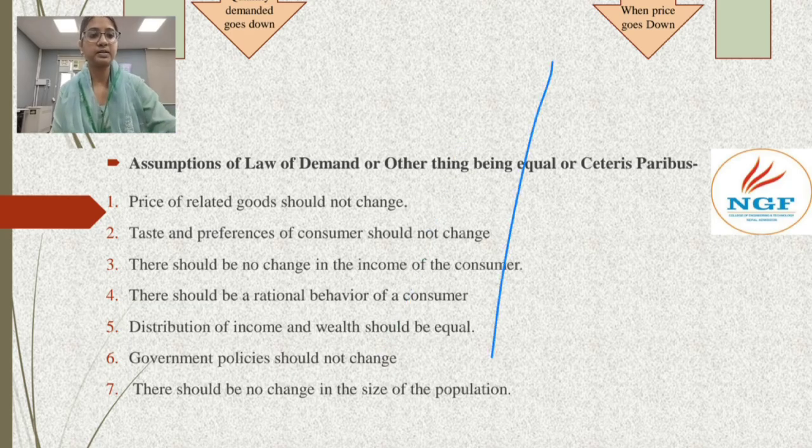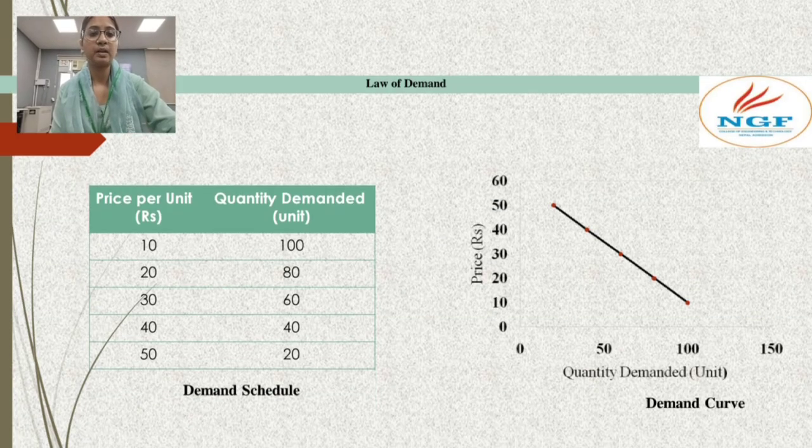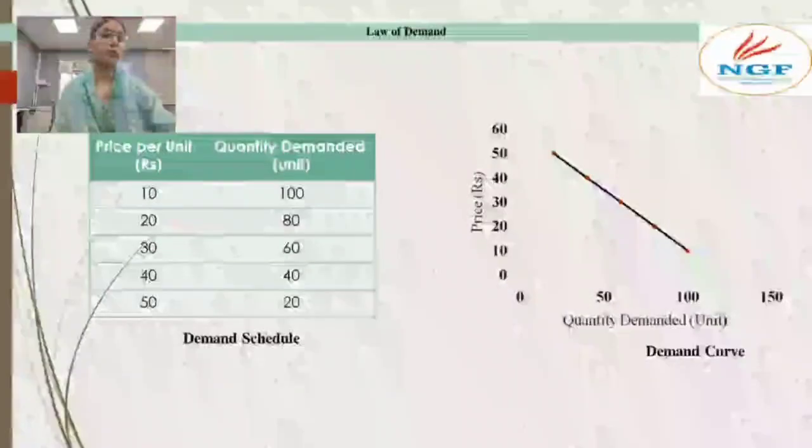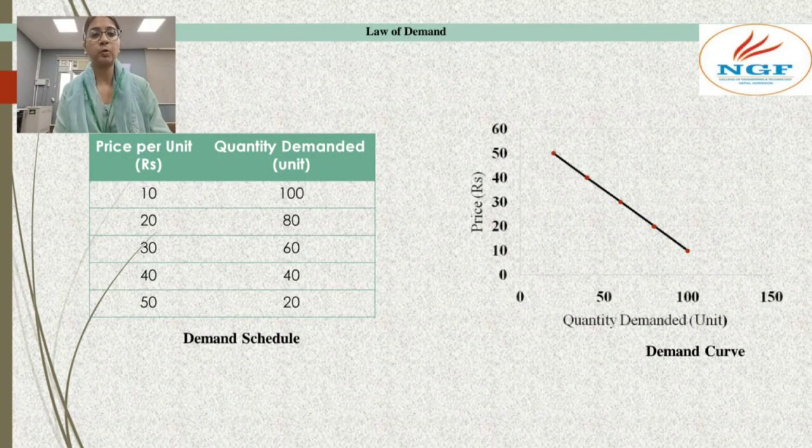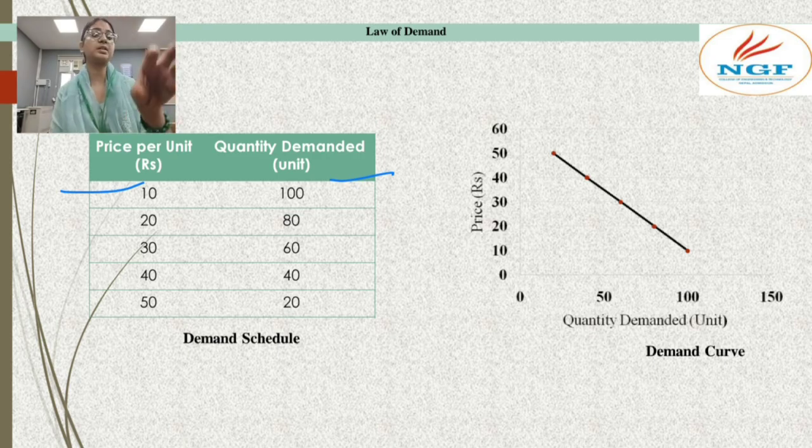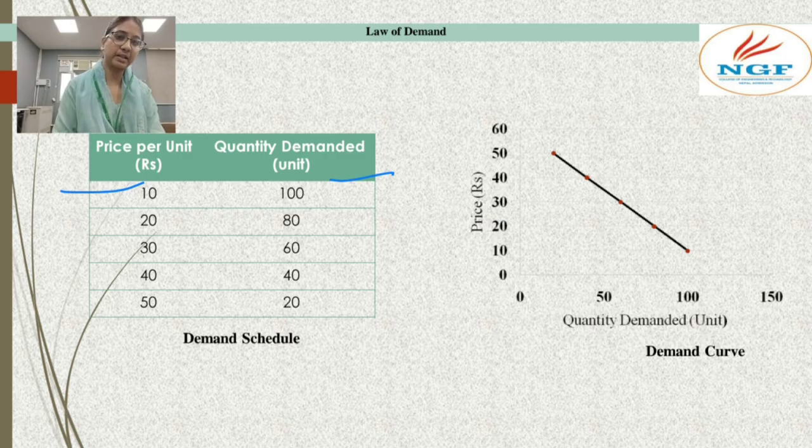Let's discuss on the slide. Okay. There is a diagram and a table of the law of demand in which we are showing the price and quantity demanded. In the table you can see when the price is rupees 10, the demand is 100. Okay, when the price increases from 10 to 20, the demand decreases from 100 to 80, and it follows. Okay, and in this graph, you can see the slope is downward. This is showing the negative relation between the quantity demanded and the price. We are showing quantity demanded on the x-axis and price on the y-axis, and we draw according to the given